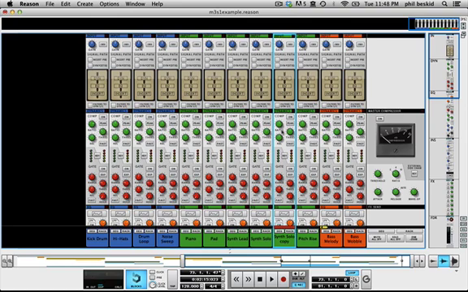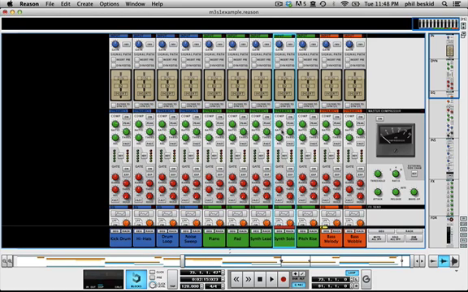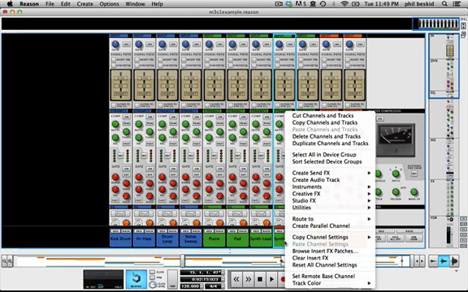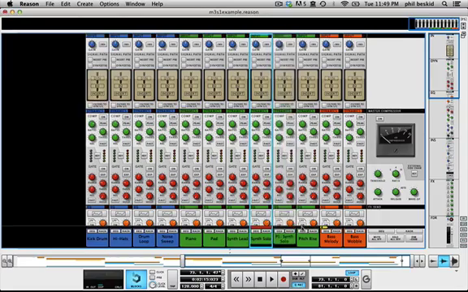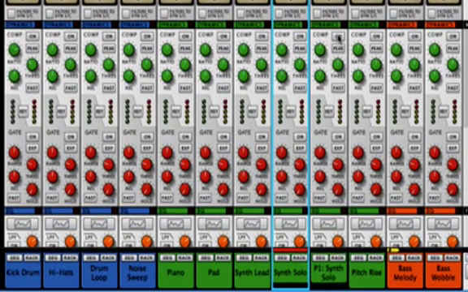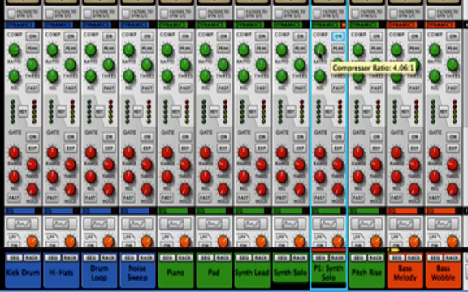However, in Reason 7, a new update allows you to create as many parallel channels as you like without actually having to duplicate any audio. So I'm going to press Command Z to undo what I just did and show you how you can create a parallel channel similarly by highlighting the instrument, right-clicking, and creating a parallel channel. Now I can turn on the compressor on the parallel channel, apply some heavy compression,